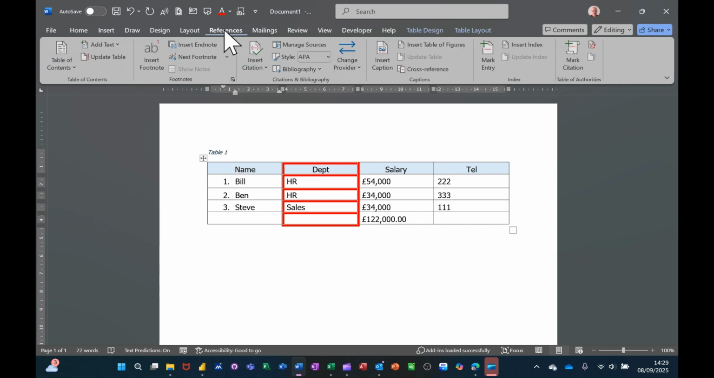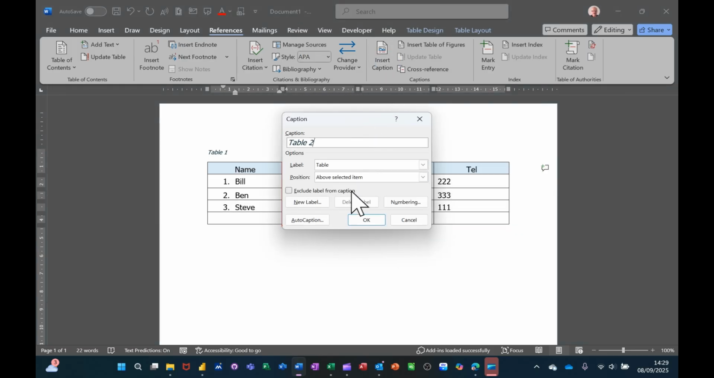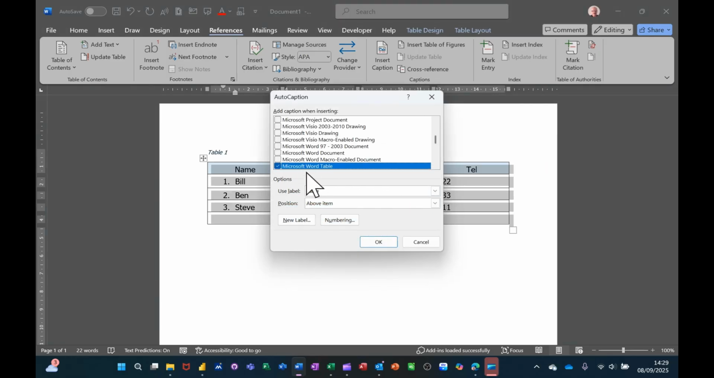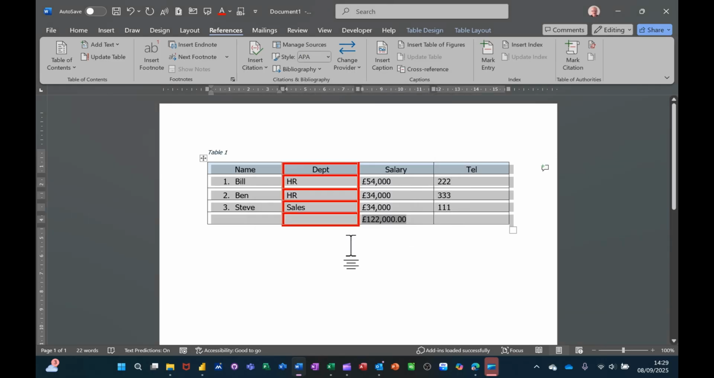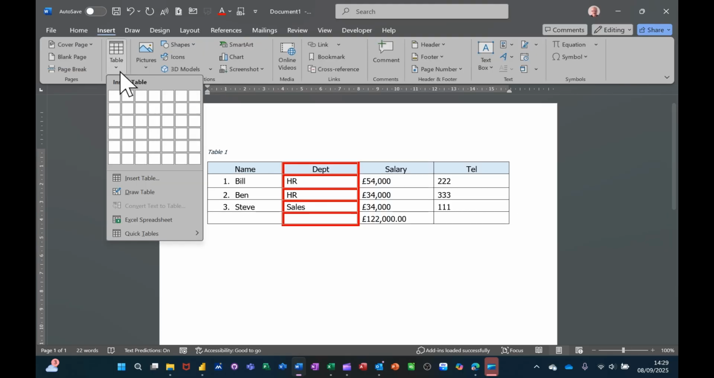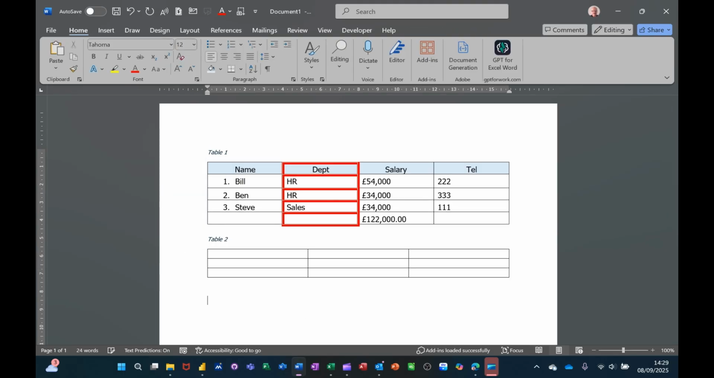Now this table caption at the top is on there because I've activated automatic captions. So if I go to references and insert caption, this feature here, automatic caption, if you click on that, Word tables has been ticked. So every time I create a table, so if I create a new table underneath this one, it will give it a number like so,